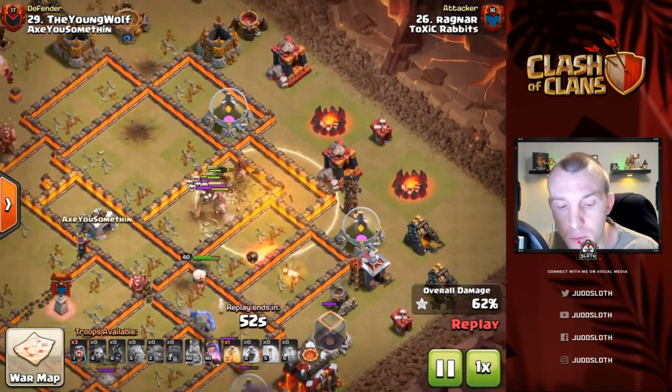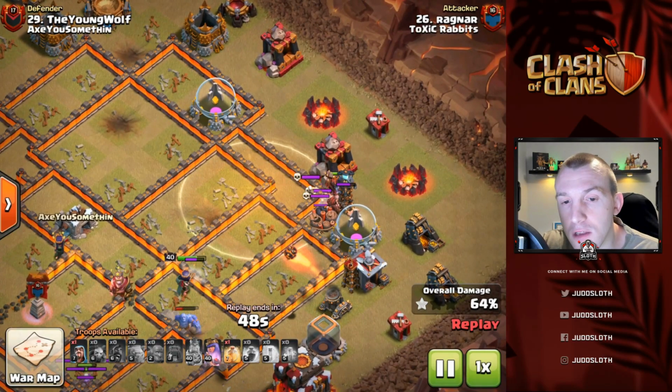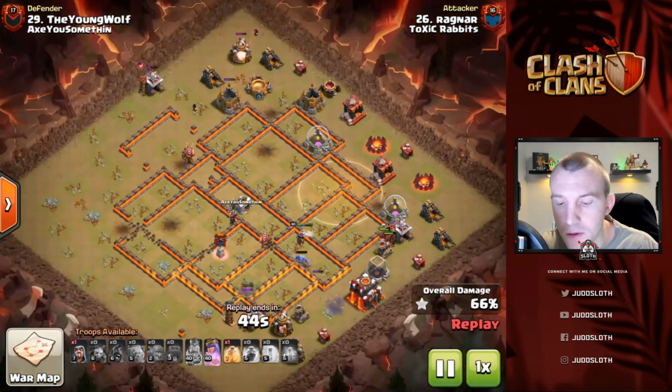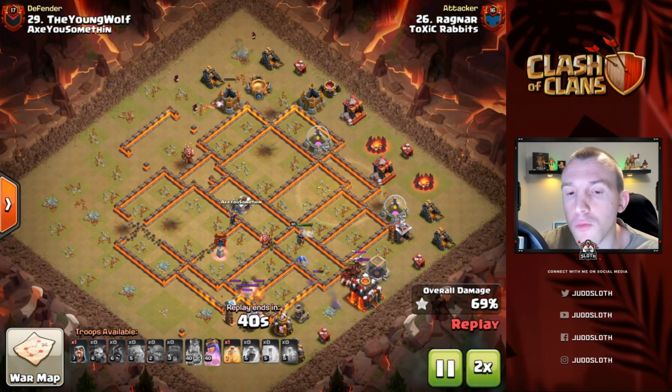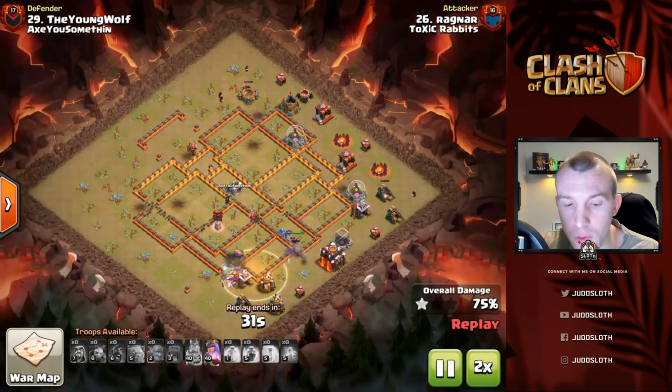As we come down to it, we did put the heal in front of the wizard tower, meaning that we protected the hogs through to this far Tesla, and good job we did, because as you can see, a giant bomb goes off which helps the Hog Riders through, and that is very much what is going to help with